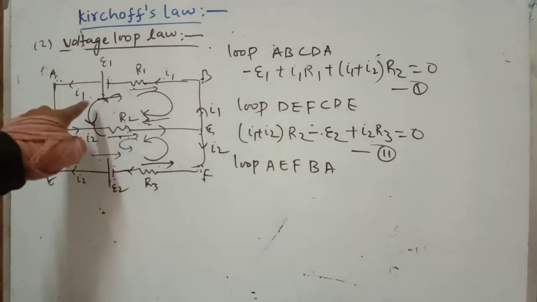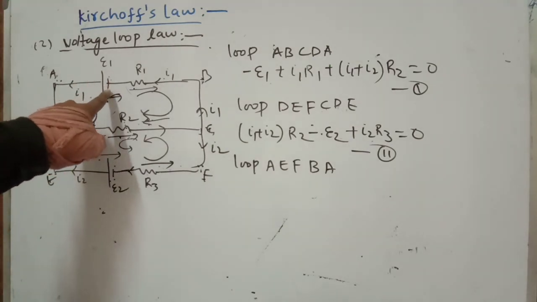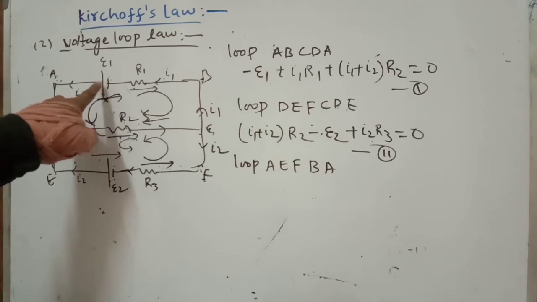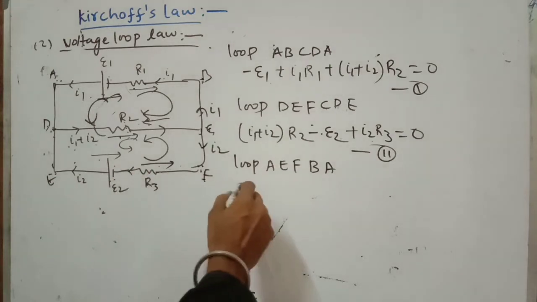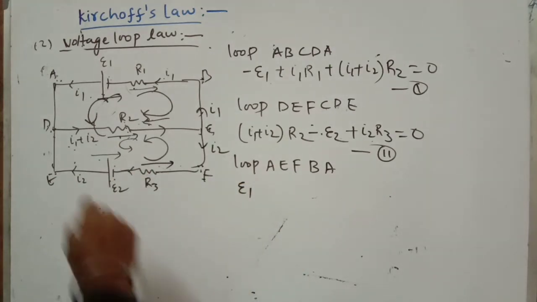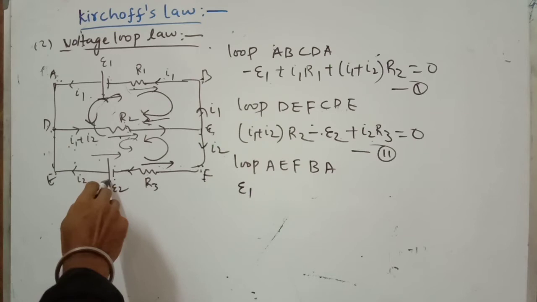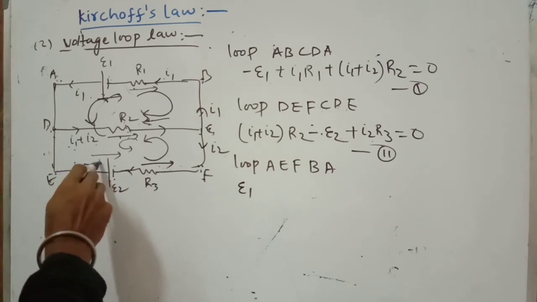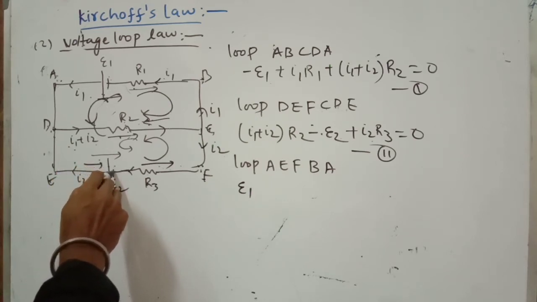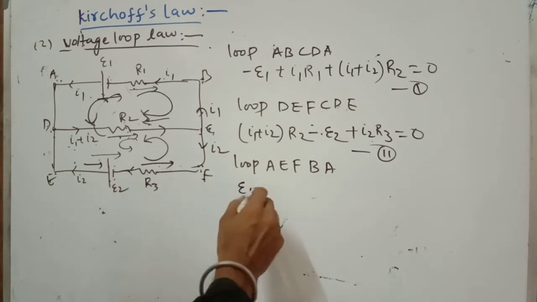Let me start from here. My considered direction passes through negative plate to positive plate, so we write positive E1. After that comes this cell, my direction goes from positive plate to negative plate, so we write